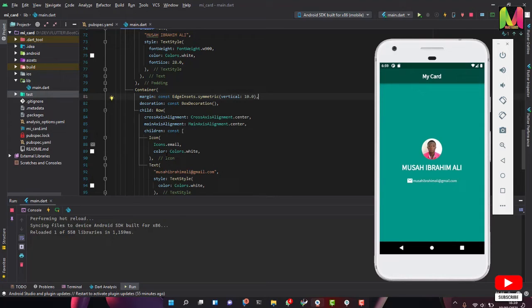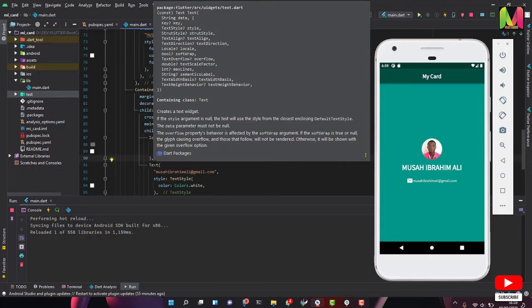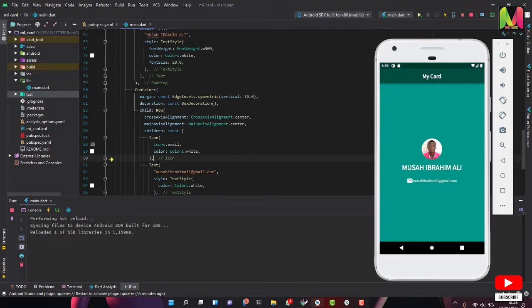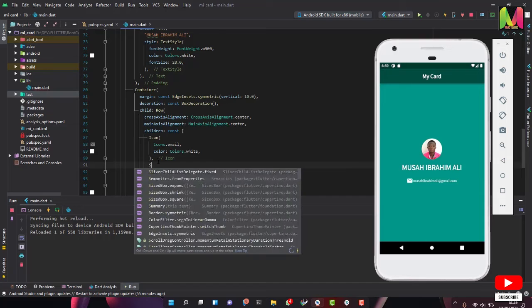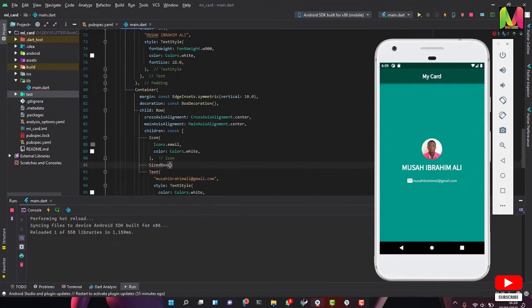Then I'm going to separate these two, that is the email and the text, with some space. So I'm going to use a SizedBox. A SizedBox can be used for virtually anything a container can be used for, but the SizedBox requires that you give it a specific size, but the container doesn't require a specific size. So I'm going to say width, since I want the space to be in the width, not in height. So I'm going to say